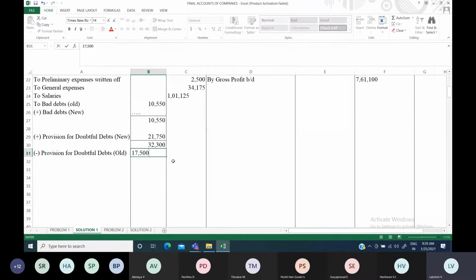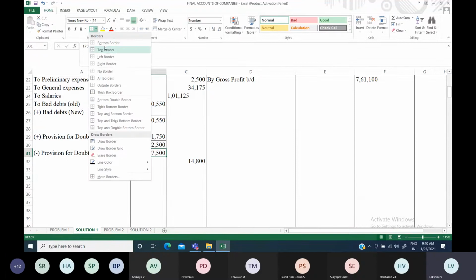Okay. So whatever is given in the trial balance will appear only once. So it will come only in the profit and loss account. So now just subtract these two: 32,300 minus 17,500. So 32,300 minus 17,500 is 14,800. Okay. So this amount we can enter in the final column, because